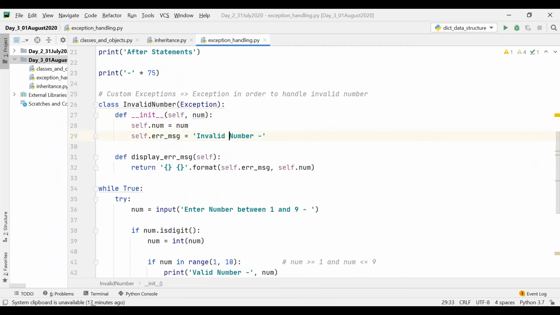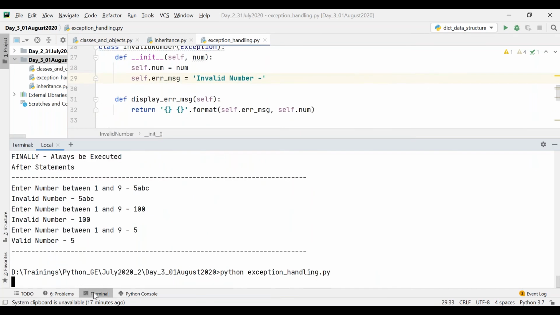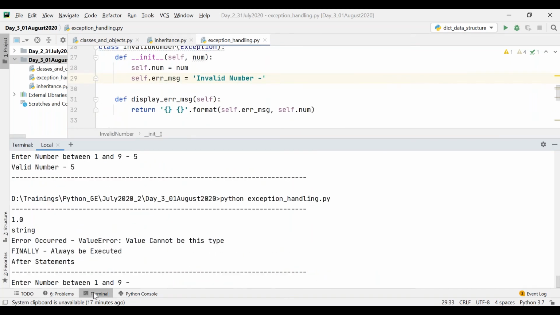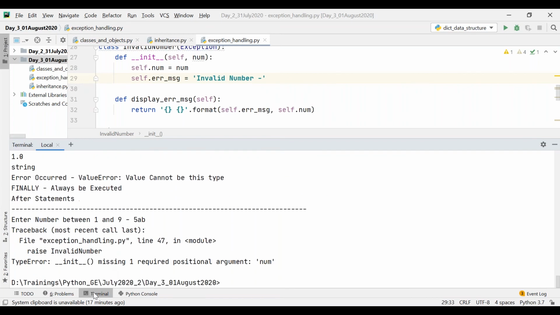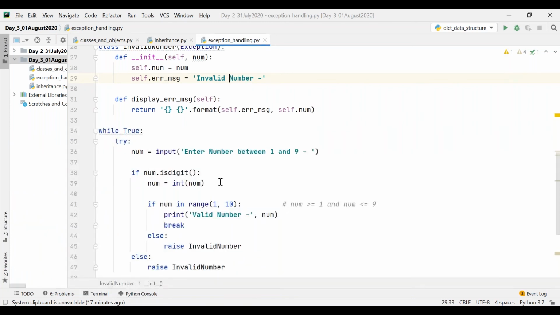For example, if I execute now and enter something, I'm getting the error: init missing one required positional argument. Because whenever you raise the exception, the init method will be called, and it is expecting one parameter. So I can say invalid number of num, and also over here.